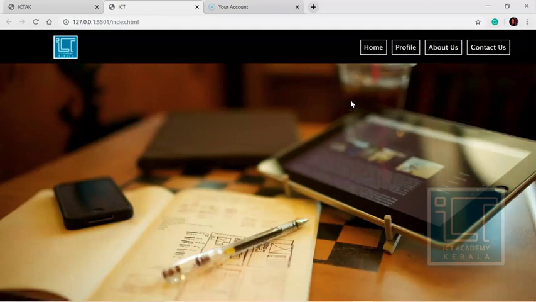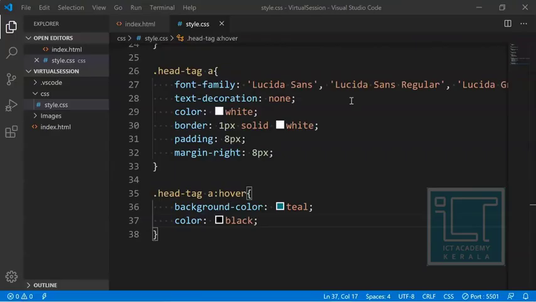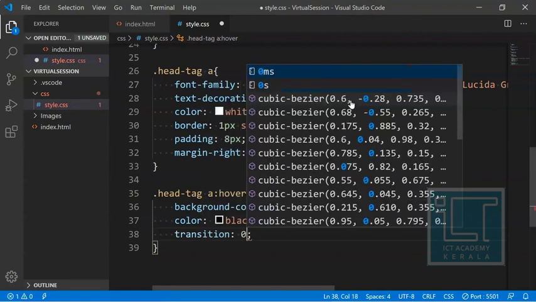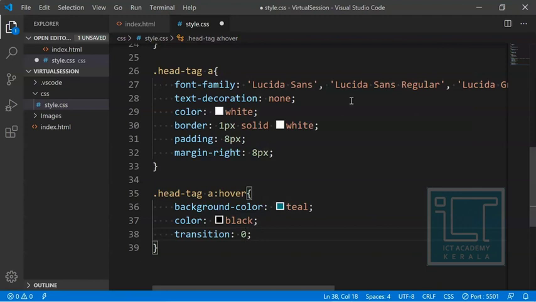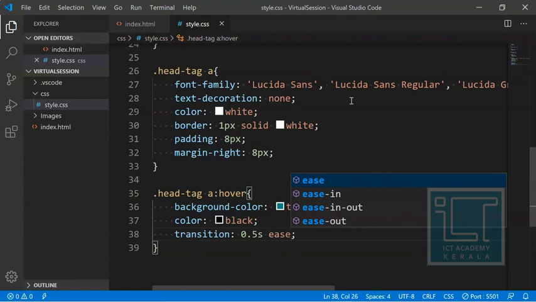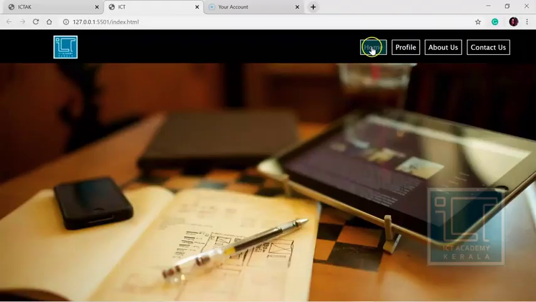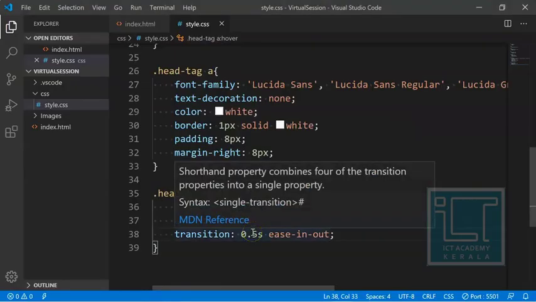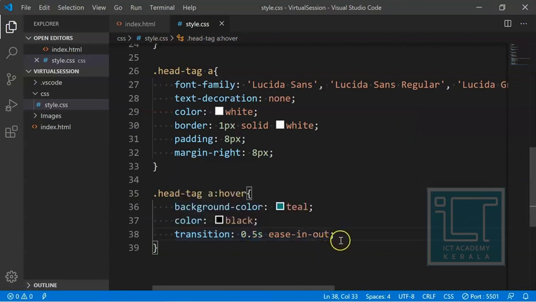Now the transition could be made easier. Transition means the time delay that it takes to move, like 0.5 seconds, with an ease of transition, like ease in and ease out. We can make it move at a soft pace. See, it is moving at a soft pace, that is ease in and ease out. So you can set how much time it needs to take to give a smooth transition. So that's all about hovering.